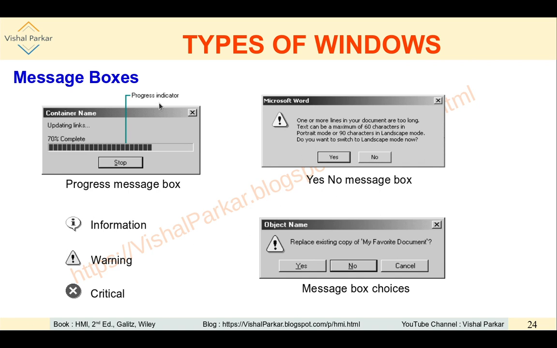So these are the different examples of message boxes. One is the progress of maybe updating links. There may be a progress for downloading a file, so there is only a stop button there along with that close button. Here there are two more message boxes. One is a warning, where it simply says one or more lines in your document are too long in one word edit,